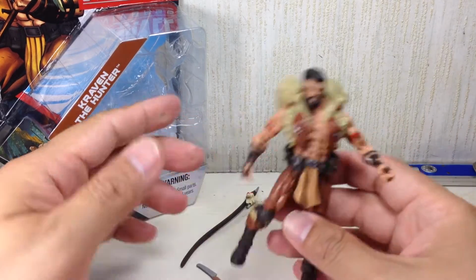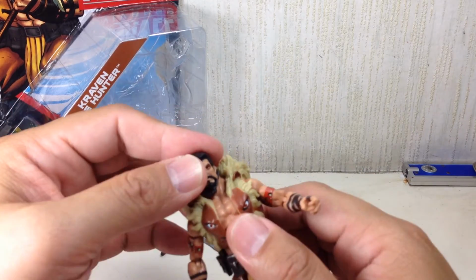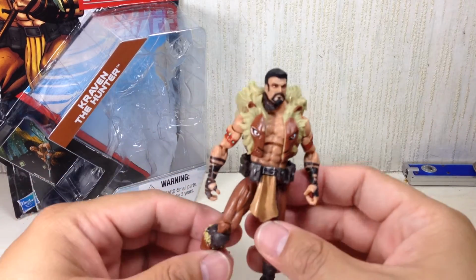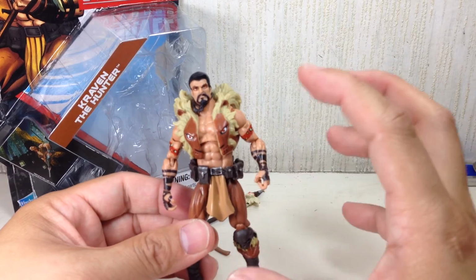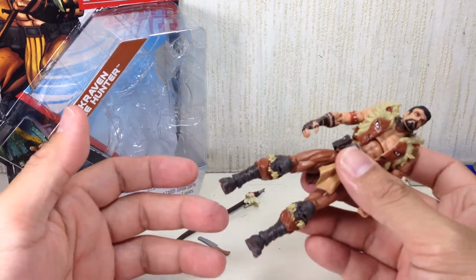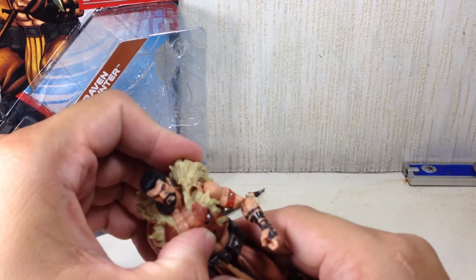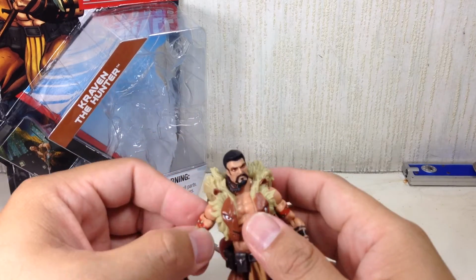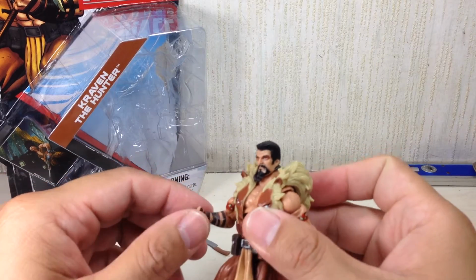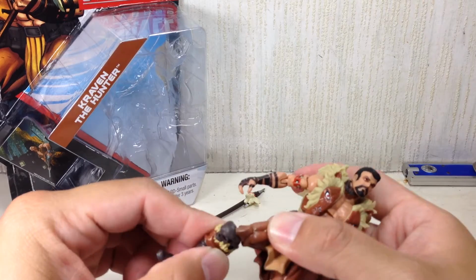So anyway, on to the figure itself. So sculpt, paint apps, great. Articulation. It's got a ball jointed neck. It uses the old Marvel Universe medium built male body mold, so it doesn't have all the new points of articulation. Anyway, he's got a ball jointed neck, ball jointed upper torso, no waist swivel, ball hinge shoulder, thigh, bicep swivel, single jointed elbows, swivel wrists, ball jointed hip, double jointed knees,